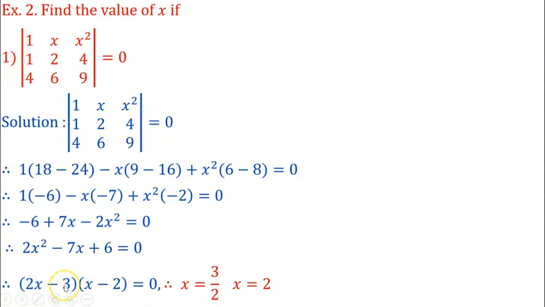Therefore 2x minus 3 is equal to 0 means what? 2x is equal to 3, and hence x is equal to 3 by 2. And the next, x minus 2 is equal to 0, therefore x is equal to 2. Okay, and these are the values of x. x is equal to 3 by 2 and x is equal to 2. Okay, now next,